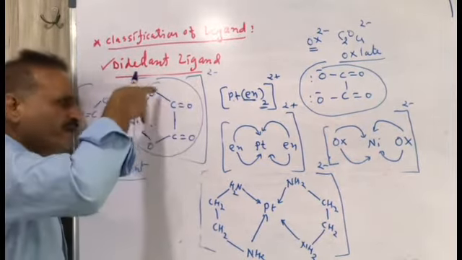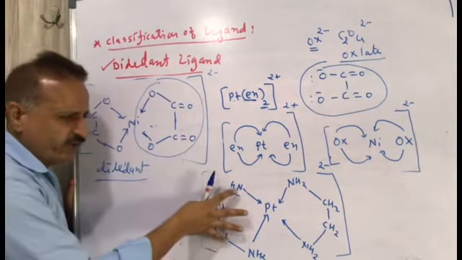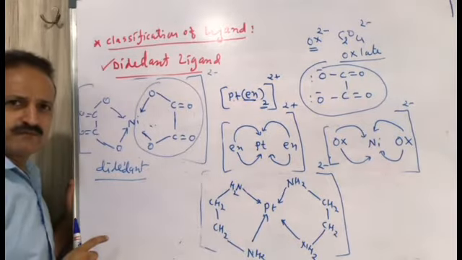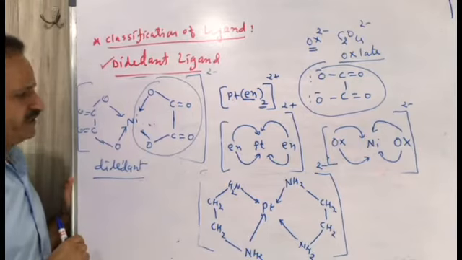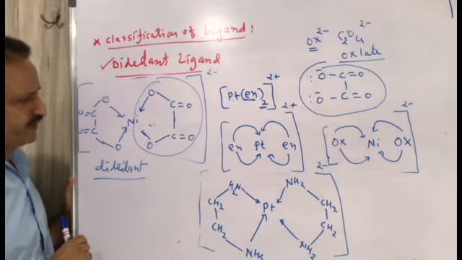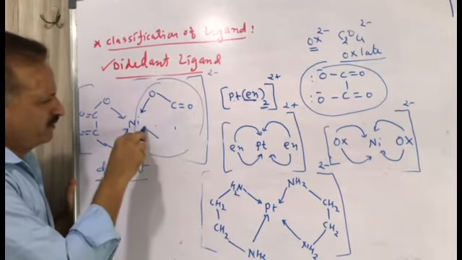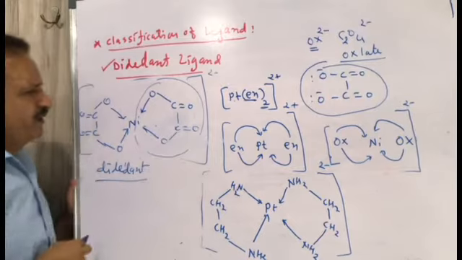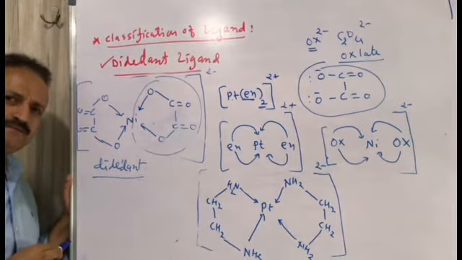Oxalate ion has 2 different oxygens. In the same way, ethane 1,2-diamine, one molecule having 2 different nitrogens, so it is a bidentate ligand. It is clear now. Ready? So I am doing this properly. Oxygen, carbon double bond oxygen. Now it is proper. So it is a bidentate ligand.